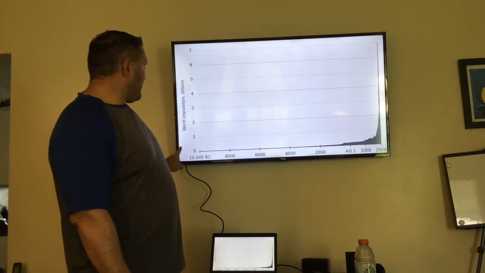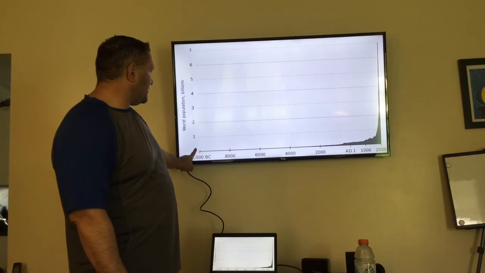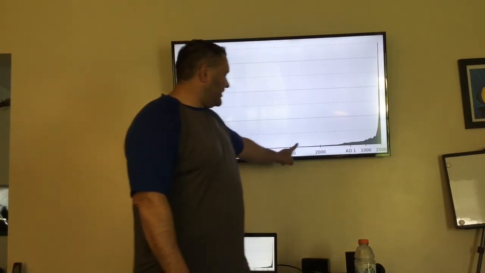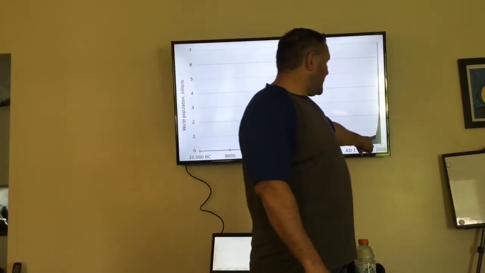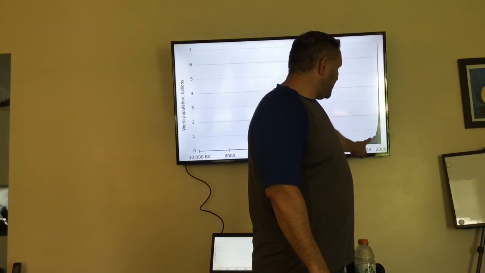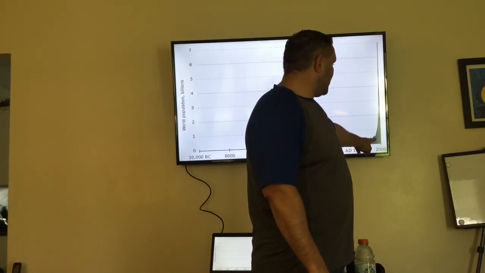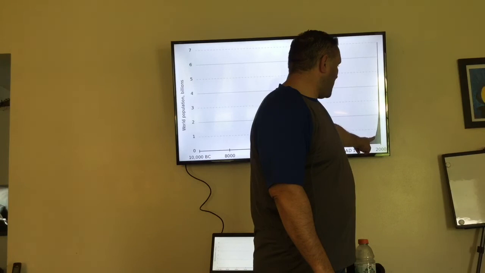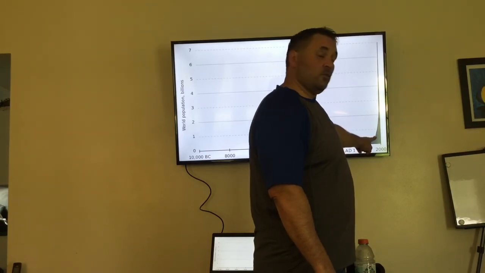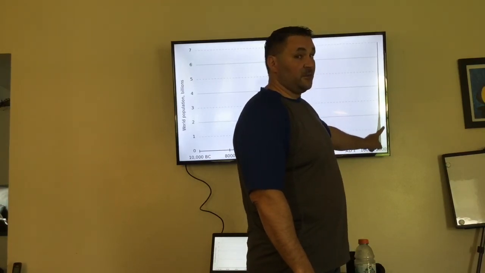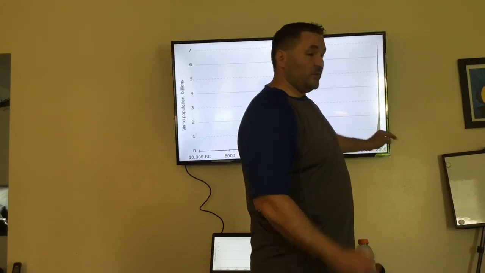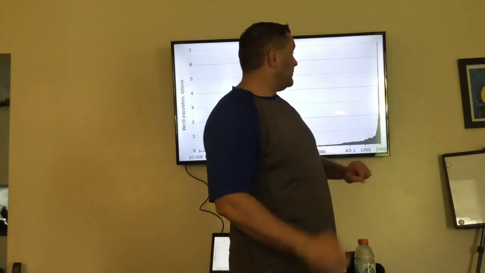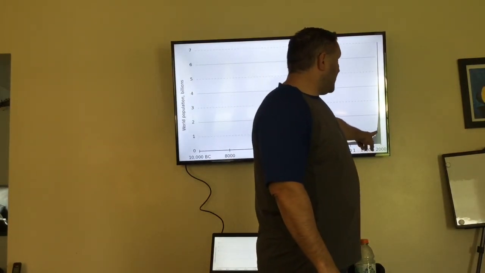This is a graph of how slow the human population grew. Very, very slow. See this dip right here, that's the bubonic plague. This dip right there, that's usually right around the Civil War. The Civil War had very, very bloody battles, and we had a huge number of humans die during the Civil War. Around the 1900s,